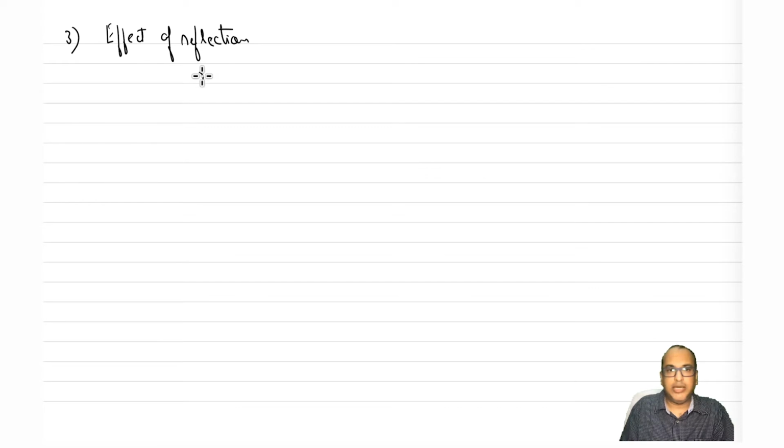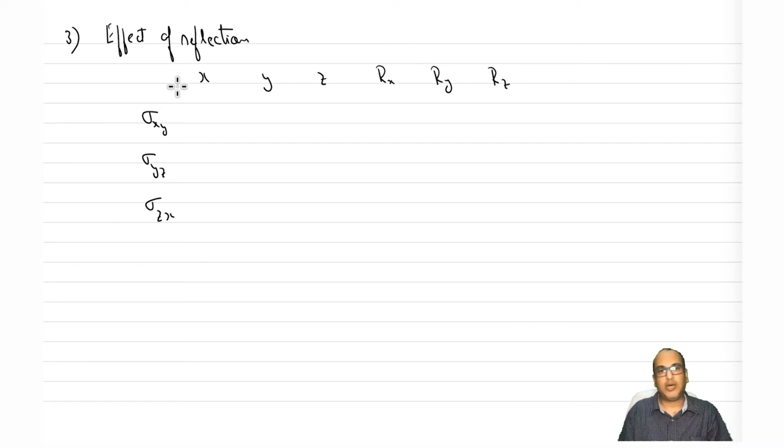So let's say these are the basis sets Rx, Ry, Rz, and these are the operators sigma XY, sigma YZ, sigma ZX. If we are talking about any other sigma which is not oriented along the axis, then you will have to calculate the new axis system and then do all sorts of maths. But it is easy if you do only for sigma XY, YZ, ZX. Okay. So now let's see what happens here.